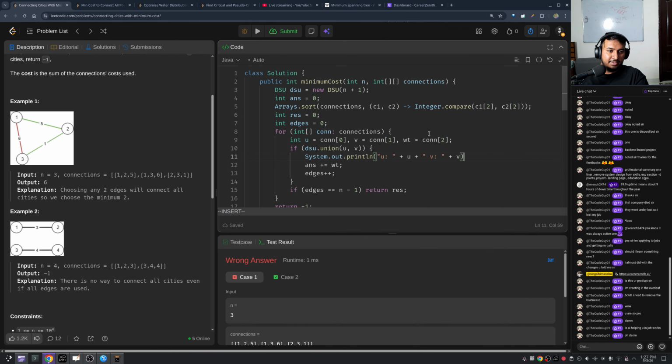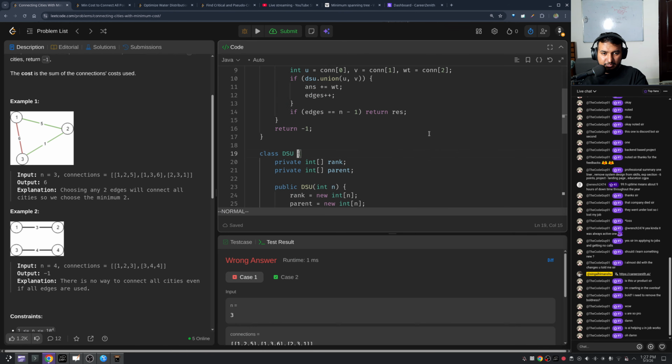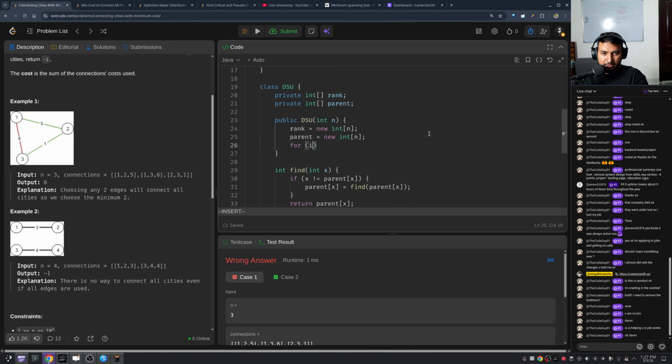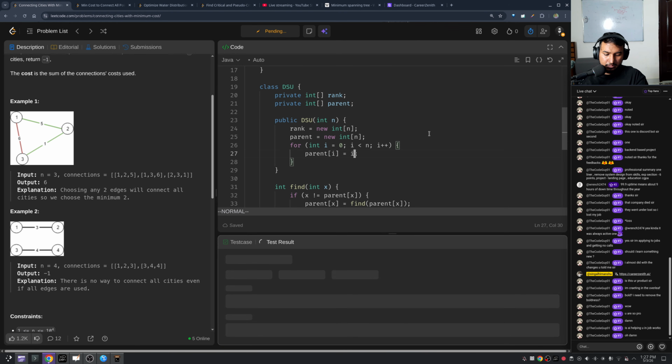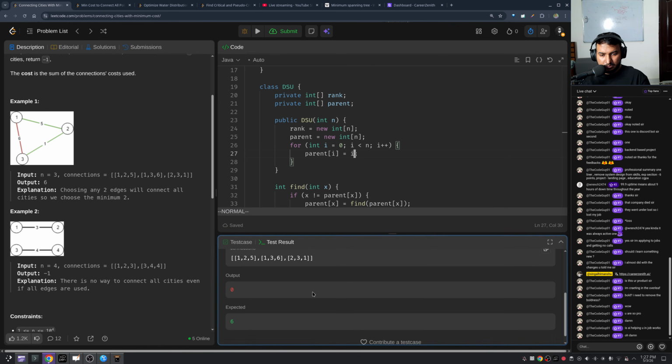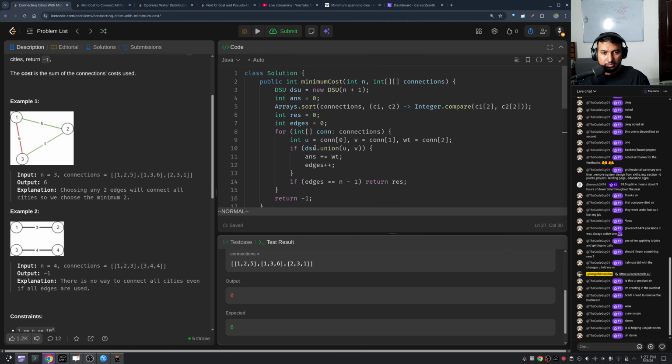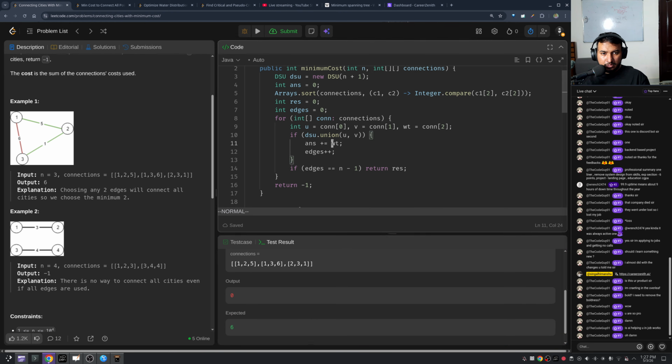I know what I'm doing wrong. I always do this thing. Now it gives zero. Okay, the way this connection to